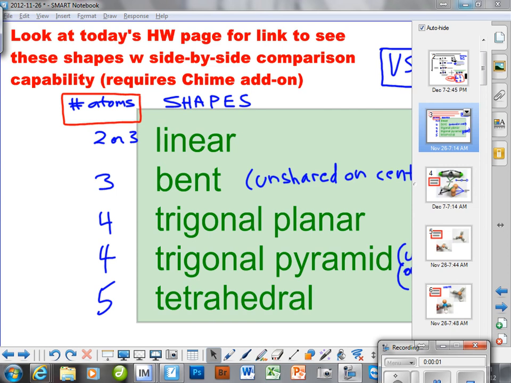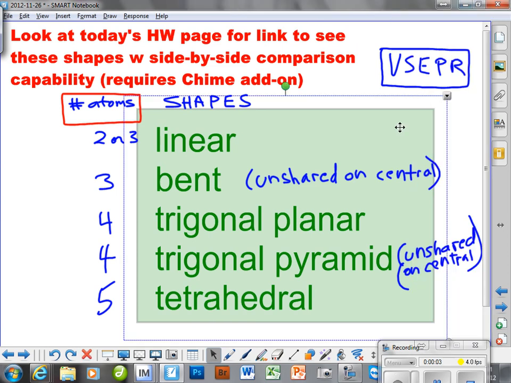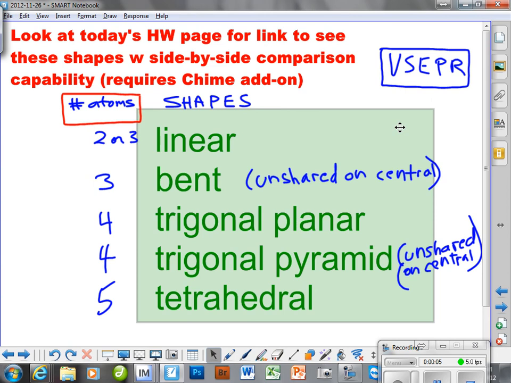If you missed class today, this is what you missed. We learned about linear, bent, trigonal planar, trigonal pyramid, and tetrahedral molecules. I had the class write this entire page except for the stuff in the top left there that says look at today's homework page for a link to see these shapes with side-by-side comparison